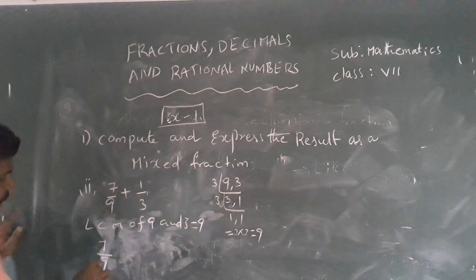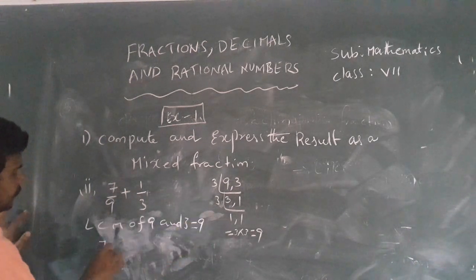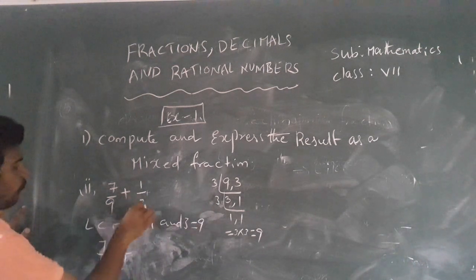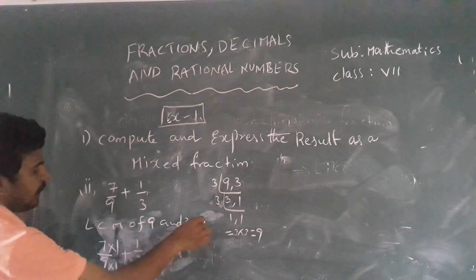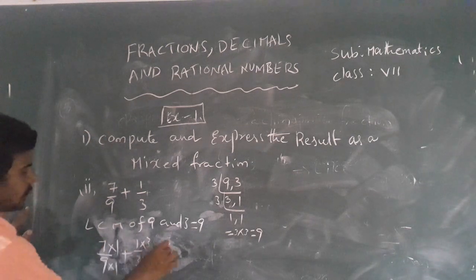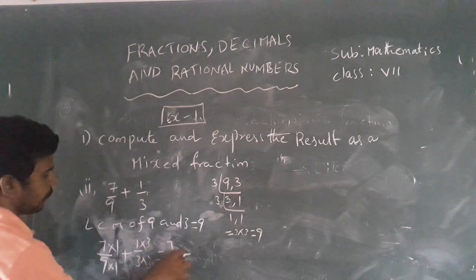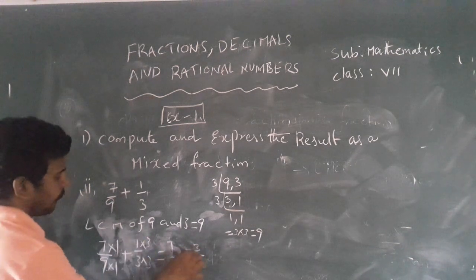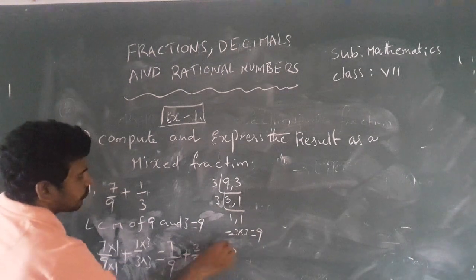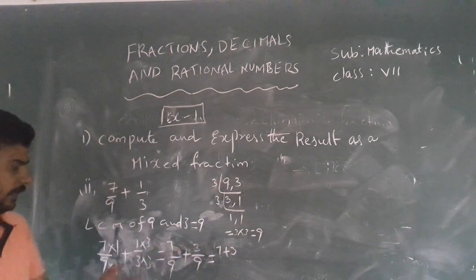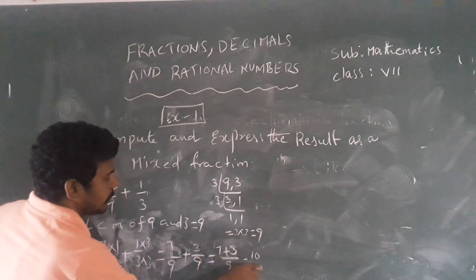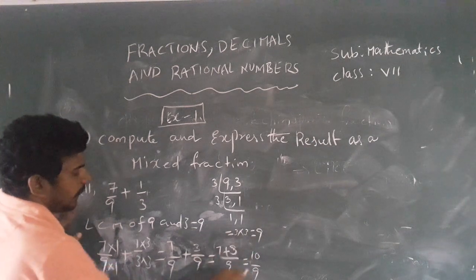Now take 7 by 9. This 9 in 9, how many times divisible? 1 time only. Into 1, plus take 1 by 3. This 3 in 9 3 times. Into 3: 7 1 jar 7 by 9, 1 jar 9; plus 1 3 jar 3 by 3, 3 3 jar 9. So 7 plus 3, how much, children? Now you can add the numerators. 7 plus 3 by 9, how much? 10 by 9.